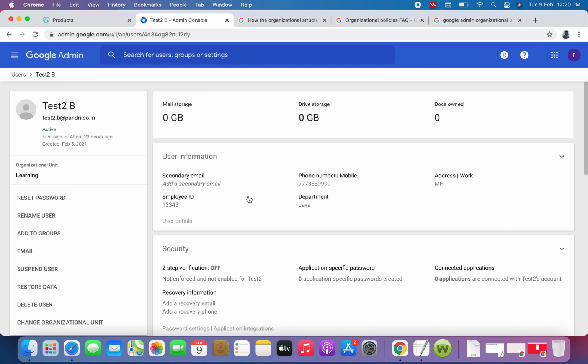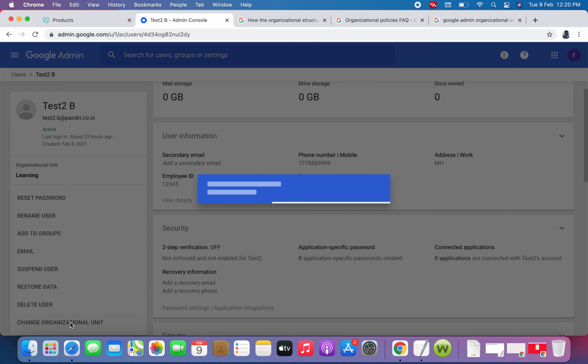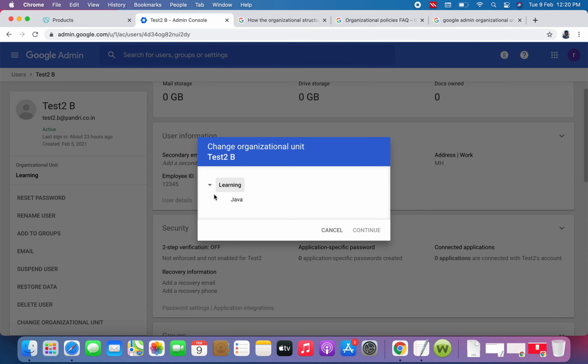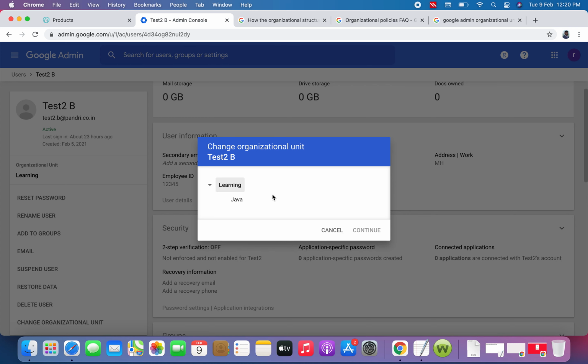How can I do this? Go to the user properties, and here you can see the option on the left side, change organizational unit. Click on that. By default, here you can see the available OUs. Here I want to make the user a member of this Java unit. Click on that, continue.